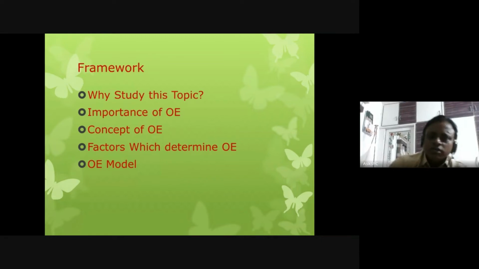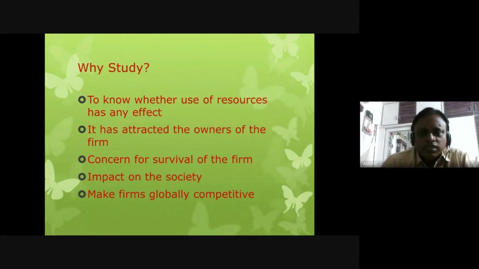So that's why it's an important topic. We will study that, and as I told you, even this topic will not be found in any OB textbook. So let's slowly move into this topic. Why study this topic? Now we know that the input-output ratio is one clue for understanding this topic. How much input is your organization investing in order to have an output? In other words, how much of resources is your organization providing to the operations so that it has any effect on the ultimate outcomes of business.